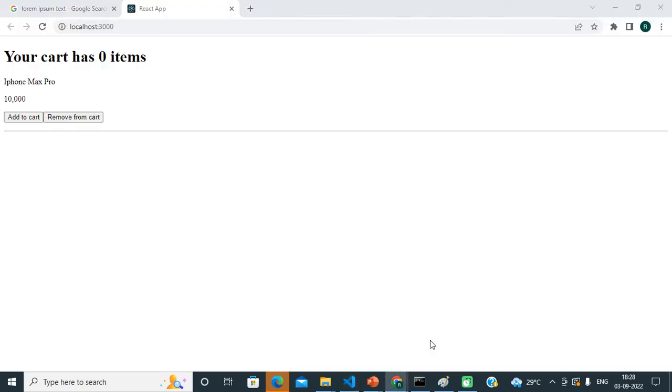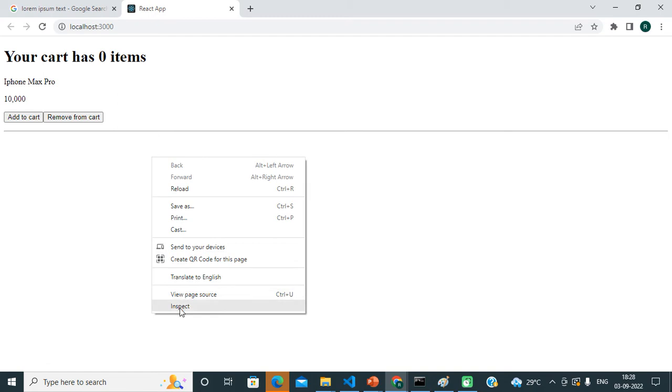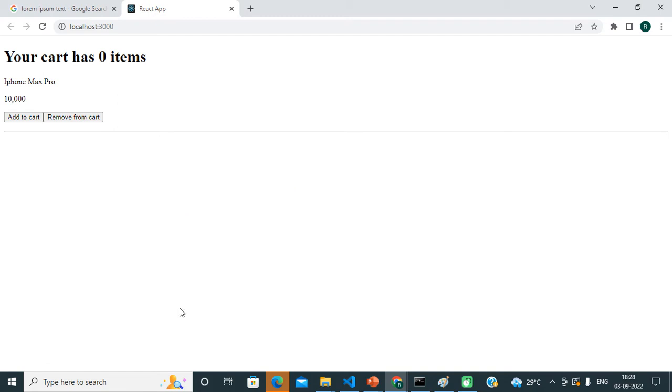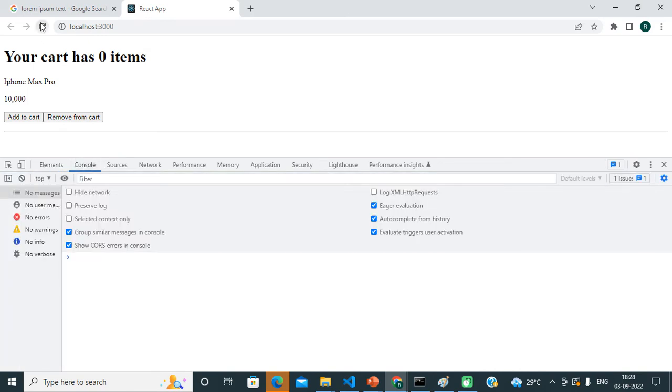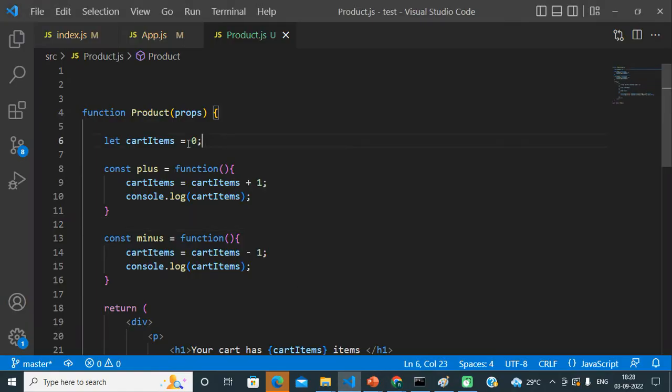So friends, let me open my browser's inspector so that I can open my console tab. Now I am going to refresh the application. I have refreshed, and you can see everything is okay. Initially we are getting 0 value, which is coming from here.